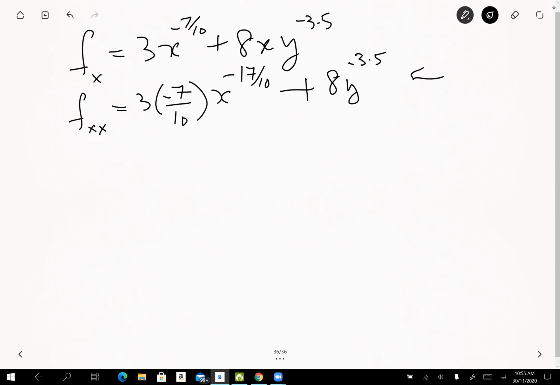Everybody got this? If you make a mistake, check again. You know where your mistake is. So you can just check by yourself, and you can easily see where the mistake that you did. Now, take the derivative of fx with respect to y. So fxy. The x now is a constant. So that one is 0. So you only have the second term to deal with. So you have 8 multiplied by -3.5